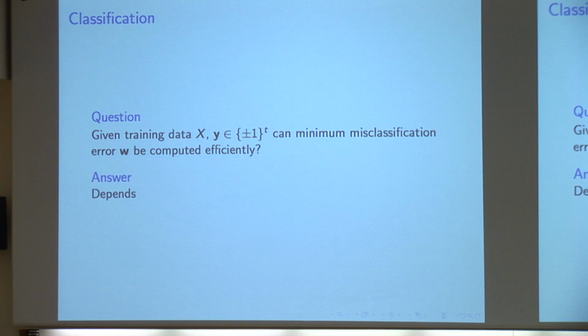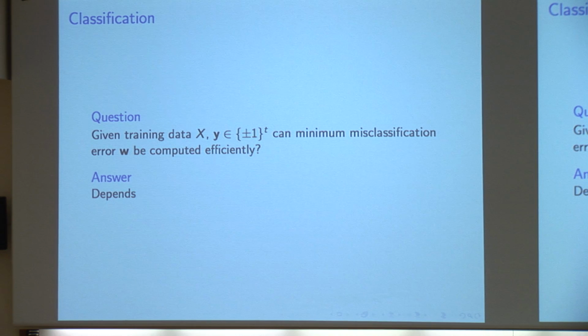Okay, so we have the obvious computational question, which is I give you data, I give you a weight vector, we have to optimize the weight vector to minimize misclassification error, or we could think of it in the previous picture, we just have to find the linear hyperplane that minimizes the number of misclassifications. And then we ask ourselves, is this problem easy or hard? And many of you would know this, but maybe not everyone, so I might as well just tell you, or get you to tell me.